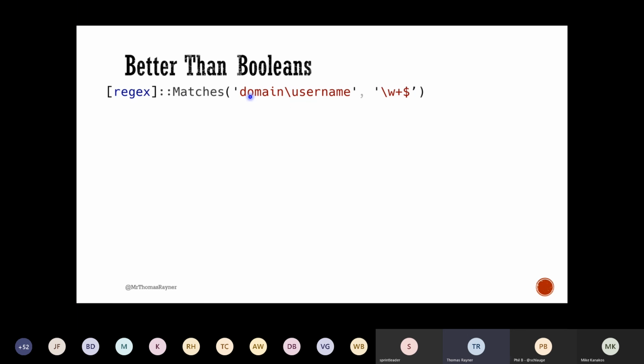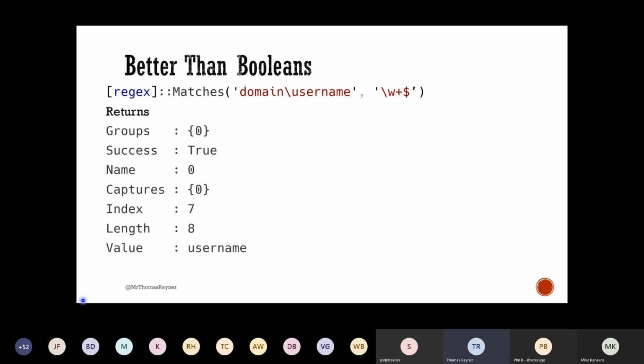But in this example, I'm passing it the string that I'm interested in looking at, and I'm passing it my regular expression as well. And then I'm hitting enter, and what do you think it returns? It returns an object. It doesn't just return a Boolean, it returns a regex match object with groups and names and captures and a whole bunch of stuff that is very interesting if you actually are performing this activity.